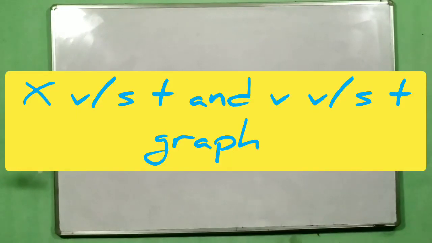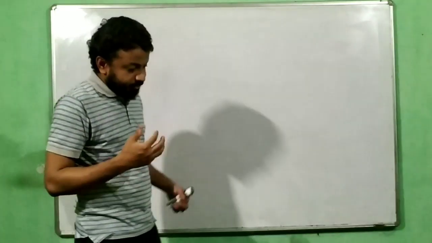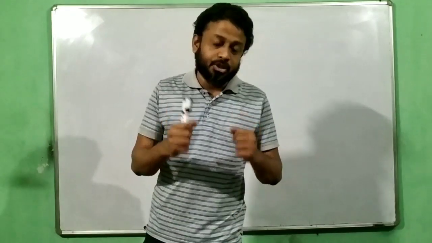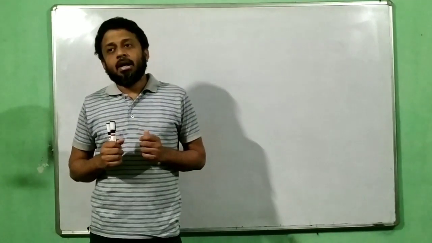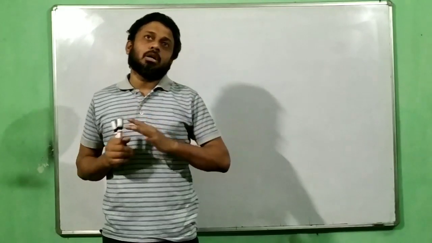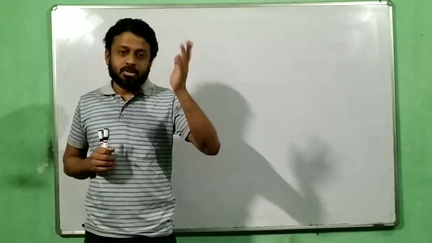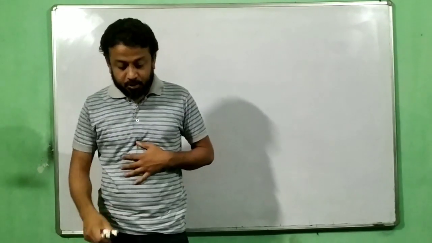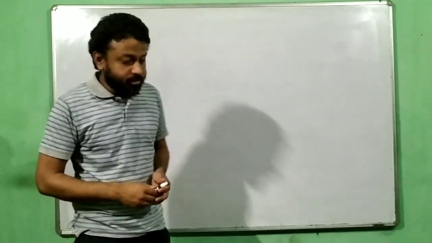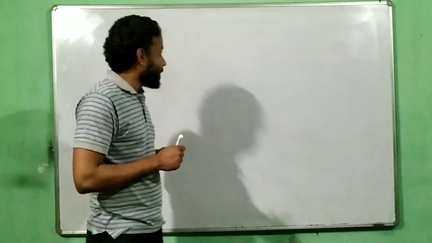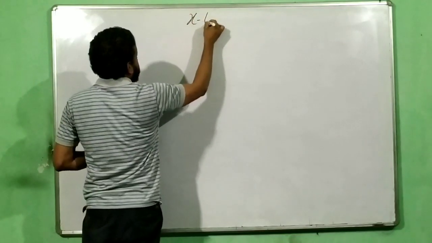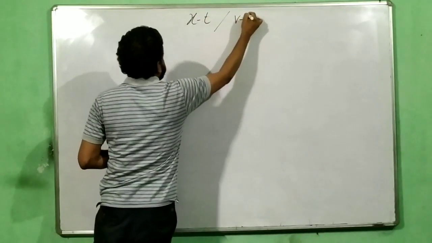Hello students, today we are going to see, and hopefully for many of you things will also get clear, how to draw a VT graph for a given situation, and if a VT graph is given to you, how will you convert that into an ST graph, and vice versa. If an XT graph, a displacement-time graph, is given to you, how will you convert it into a VT graph. So let's see what is there in today's class. I'm going to discuss both simultaneously, that is your XT and VT graph.